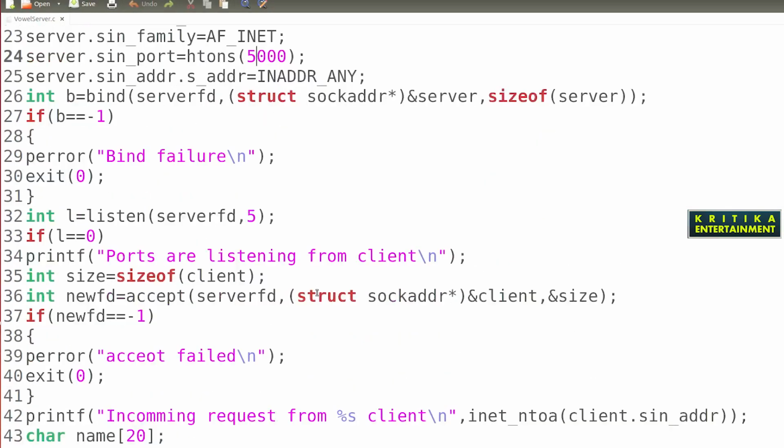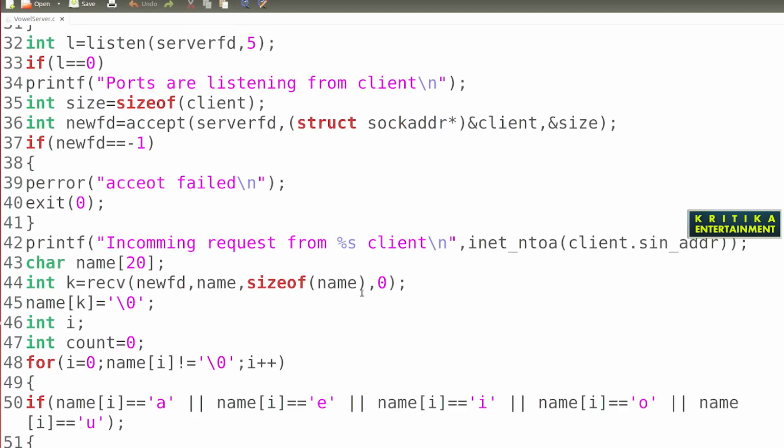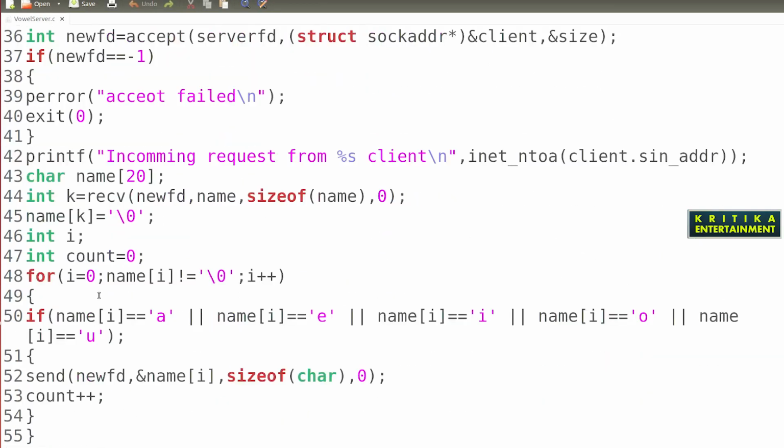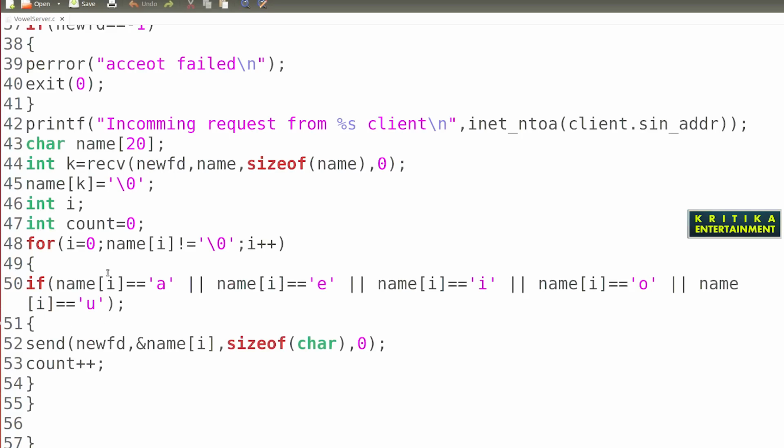So name equal to null, and if i equal to 0, name of i not equals to null, i plus plus, if name of i equals to A or E, I, O, U, then send. What will you send here? New fd, name of i.